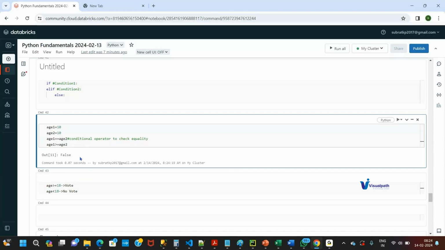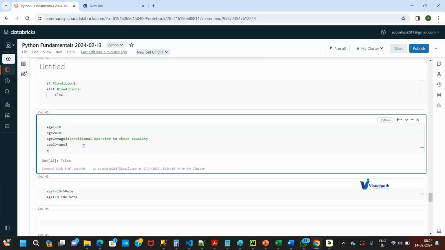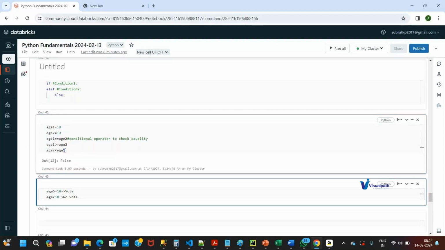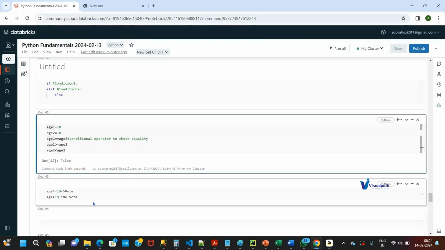Okay. Similarly, if you want to check if age 2 is less than age 1, this is my less than operator. I believe most of you are already aware of it because this is very fundamental stuff which you have covered during your BTech, but just a refresher of it. Age 2 is less than age 1, which is false because both are the same. But if I just replace it with equal,